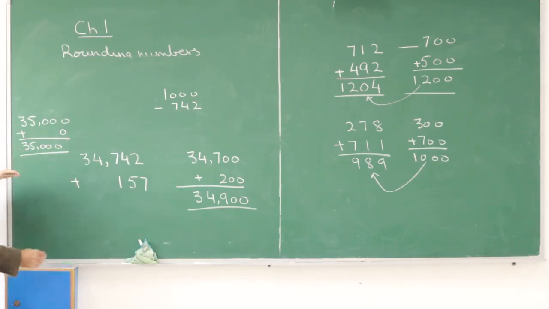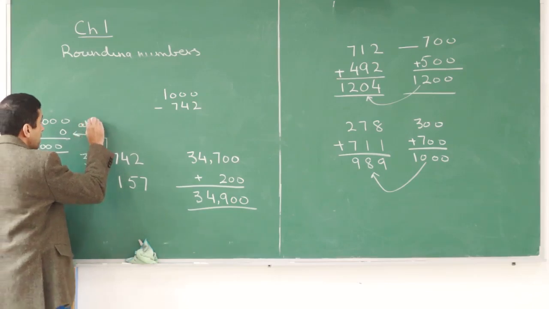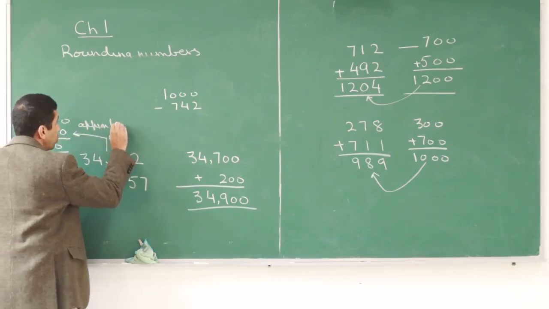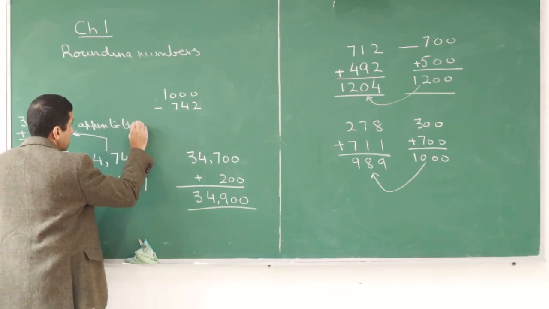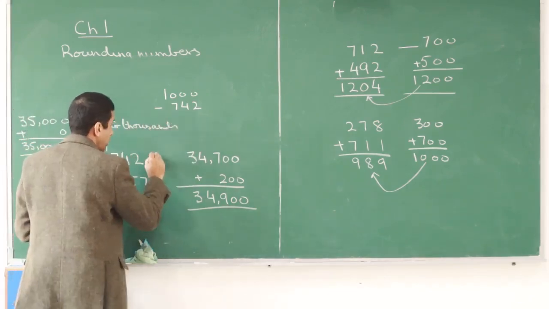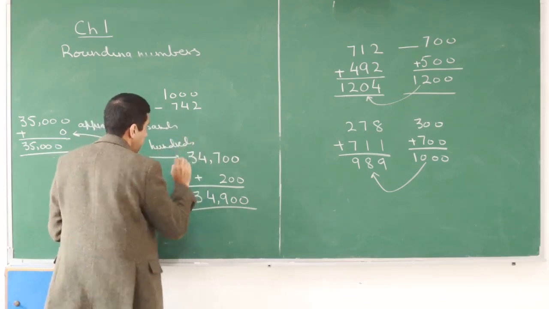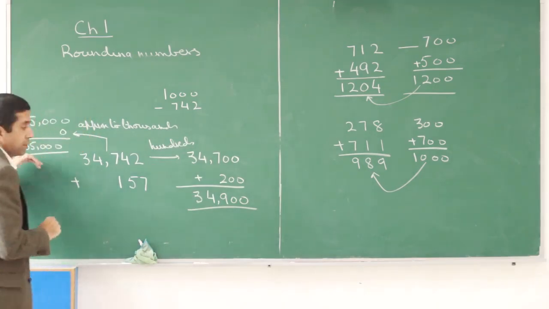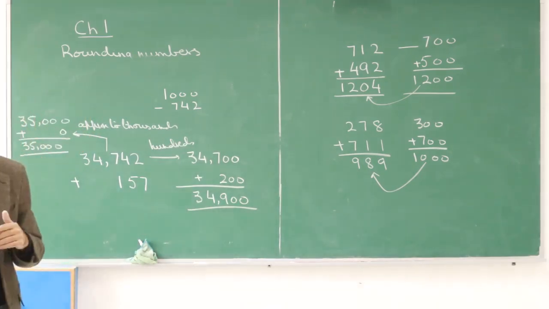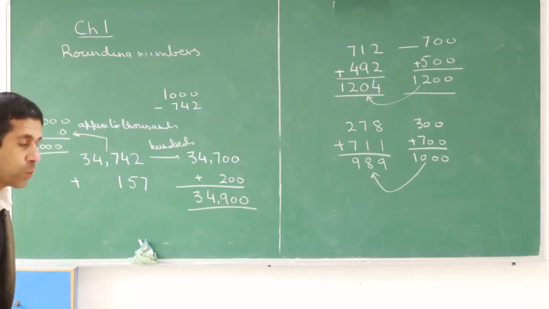So you see now, if you approximate to the nearest 1,000, this is approximating to thousands. And here we approximated to hundreds. And the answers are different, right? 34,900 and 35,000. So in general, although it's not a rule, approximating to the hundreds will in